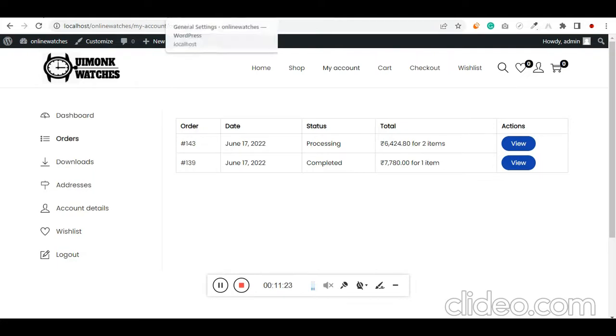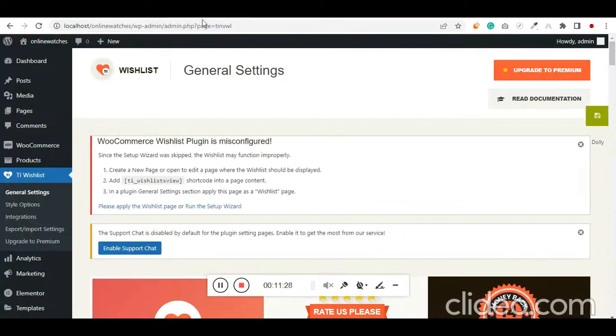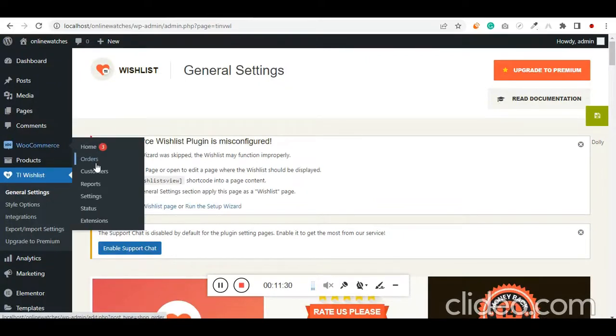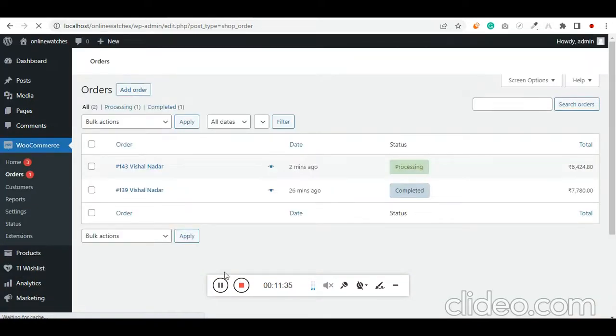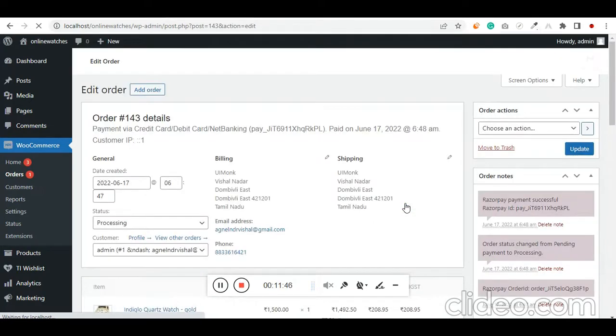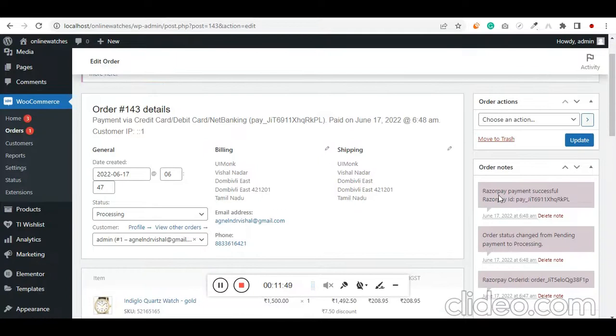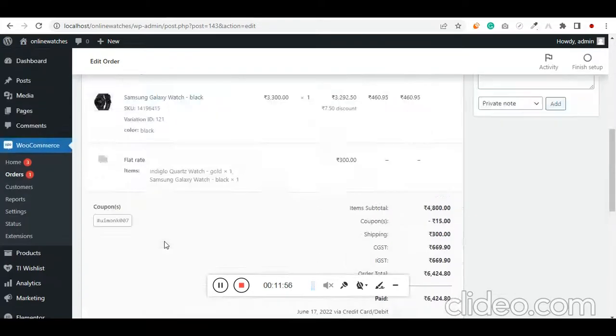Now it's time for the website owner to process the order. How is he going to do it? Click on orders. Now he could see the order made by the customer. Here is the order made, and it says processing. After checking all the payments, now I'm looking at this website as a website owner. Now I would check whether he has made the payment. I would cross check with this ID, and if he wants a refund, you can click on refund, and you can